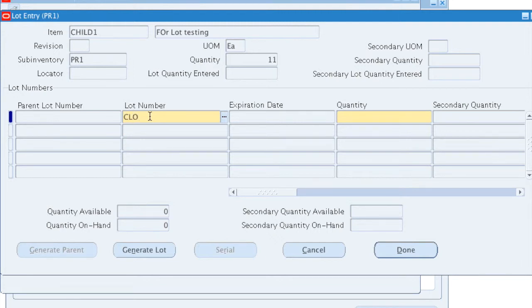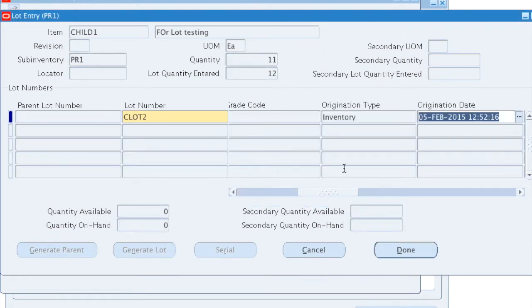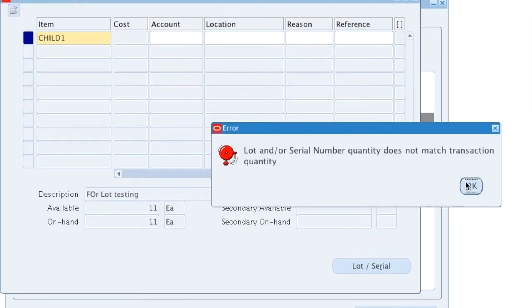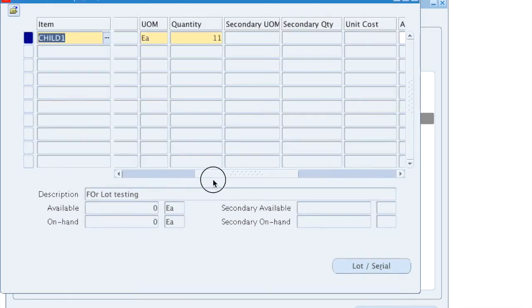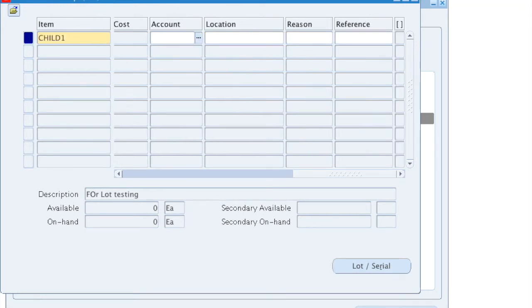If I start typing a brand new number such as C lot 2, I will create a brand new lot, which is just a lot. Instead of calling it child lot all the time, we just call it lot, and it has the quantity of 12. A new lot got created called C lot 2, and it does not have a parent lot with it.